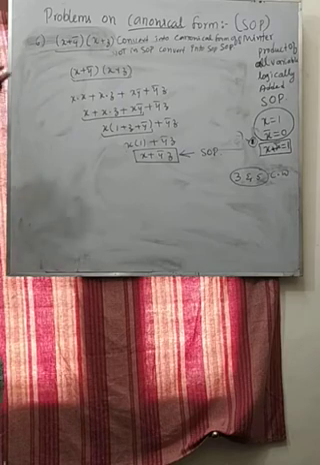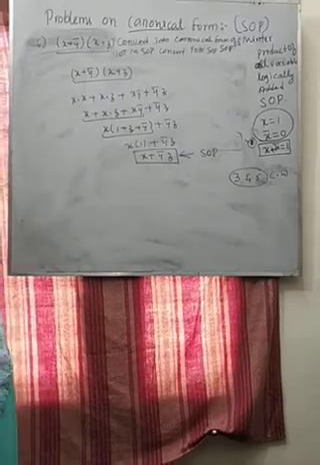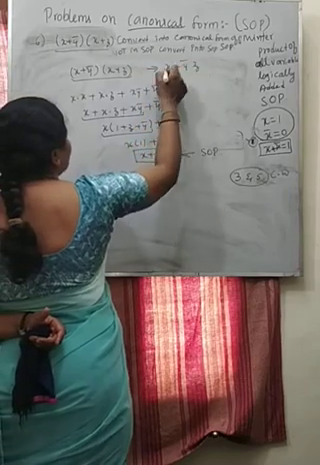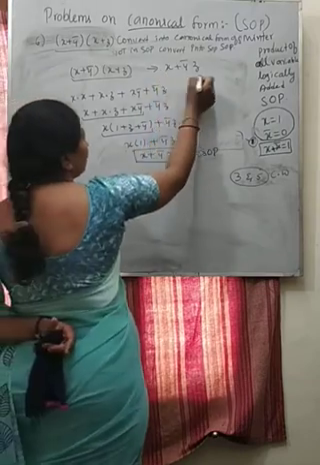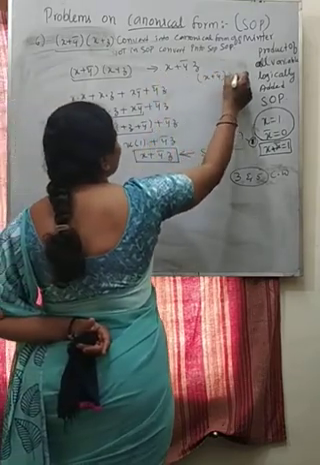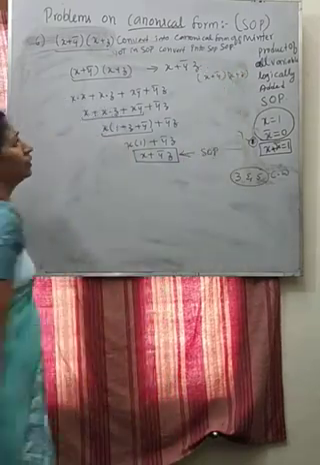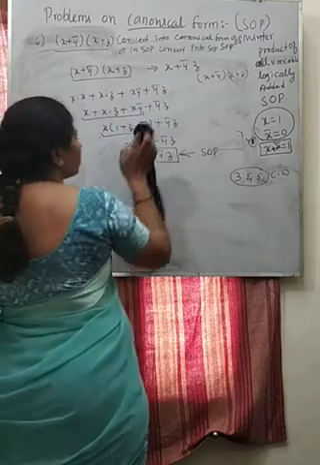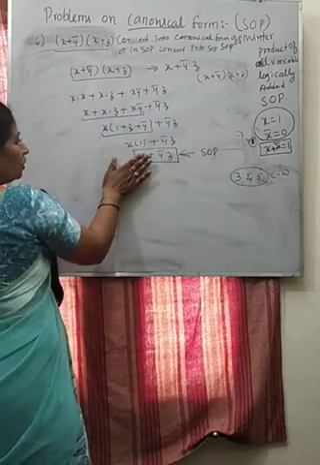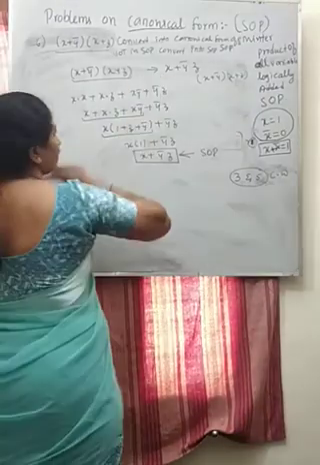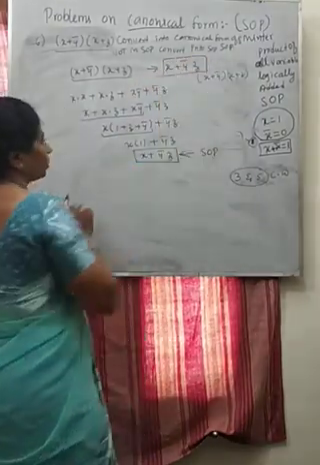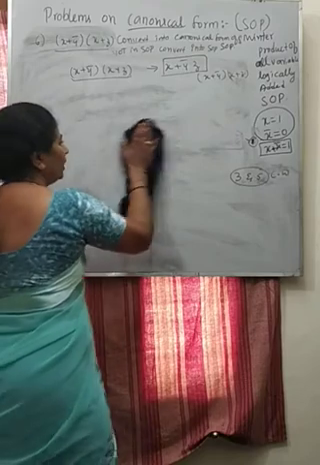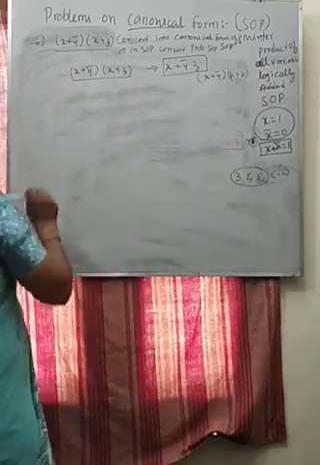This is the given expression we converted into the SOP form. That means we have completely simplified the expression into x plus y complement z. That means x plus y complement into x plus z. Did you get it? So we have converted it into SOP form. Now we got this one, so I am erasing this one now. We don't need this one to apply the rules. This is enough to apply the rules. So this is not required now. We have already converted it, so copy down the converted one.